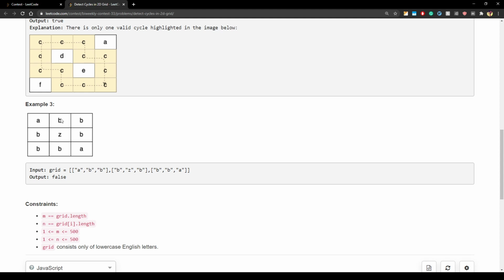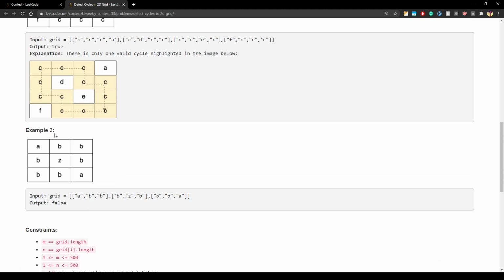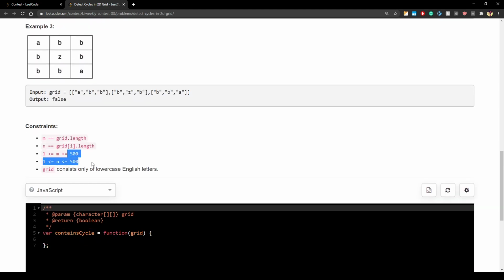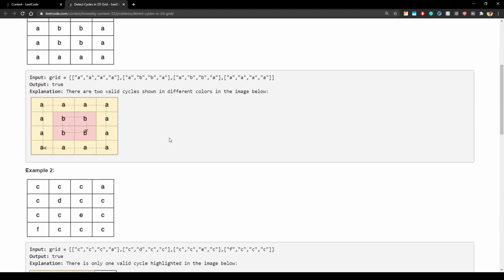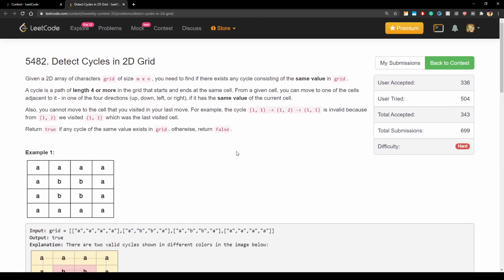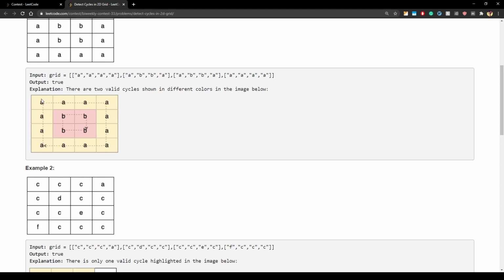So if you just start from this B, then it is very trivial, because then it is actually linear. How? Because if you start with A, you will visit some nodes, and you will never start DFS from those nodes again. So you will visit every node at max twice, once while doing DFS, second while verifying that if it was visited. So let's just implement it as standard DFS, and so basically we need to just find out that if I start DFS from a node, am I able to reach that node again? Alright, so that is what we want.